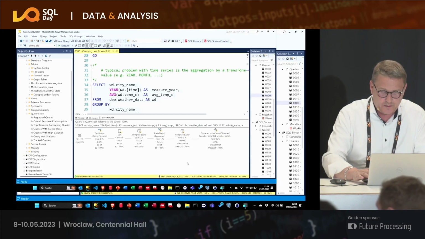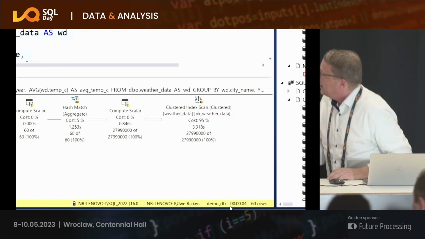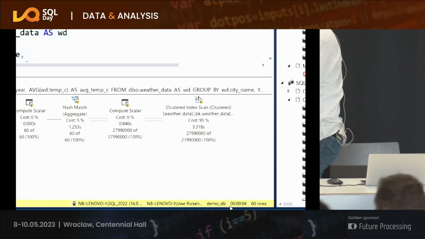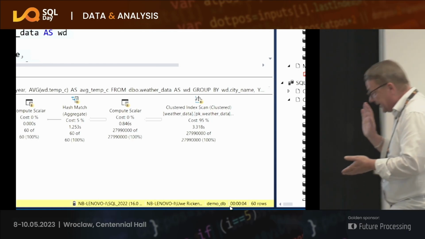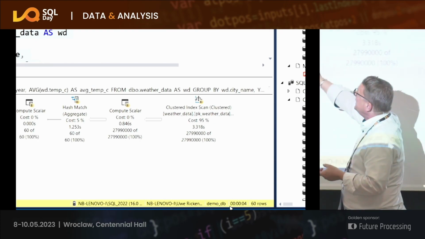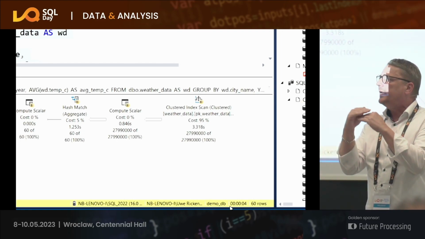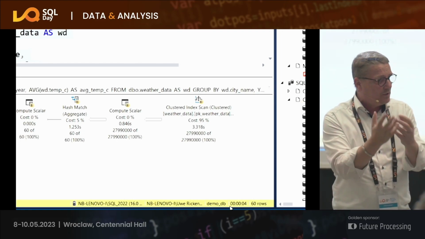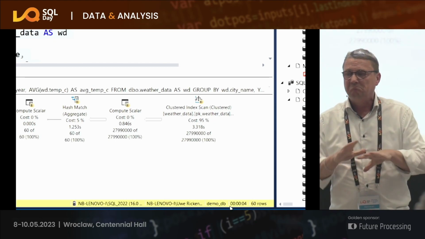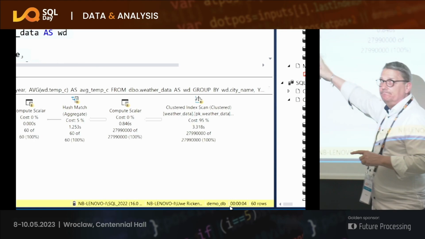Let's go into details. So the first thing I think is very, very clear. What SQL Server is doing, because we are running a query against all our data, is very simple. We need to scan our clustered index. Then it comes to the compute scalar. The compute scalar is a technique where we do the aggregation or the transformation because we want to extract the year. Simple. And now comes the problem.